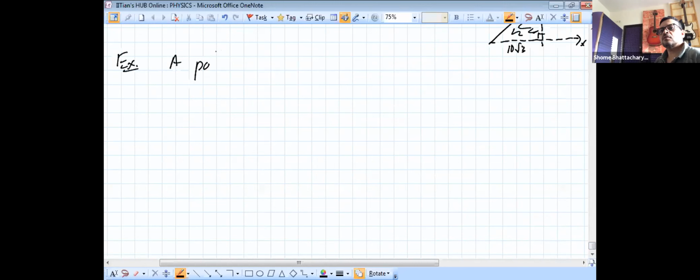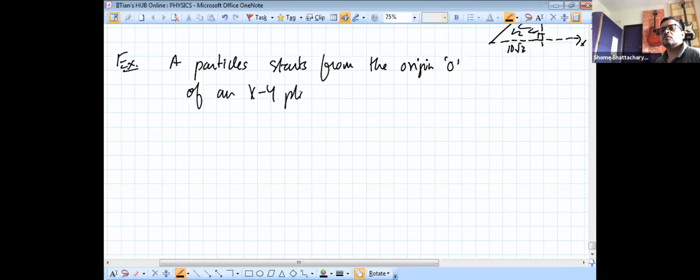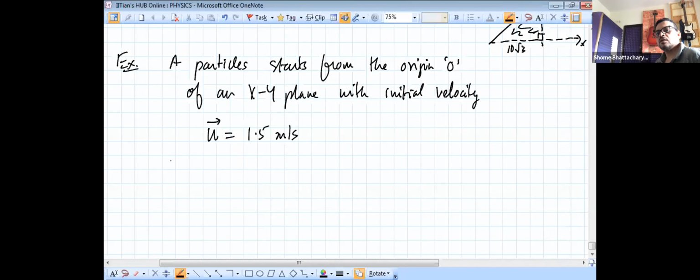A particle starts from the origin O of an xy plane with initial velocity u equal to, let us say, 1.5 meters per second i cap, and has a uniform acceleration